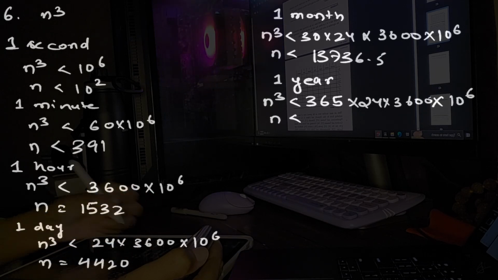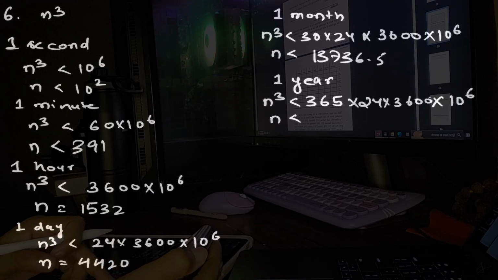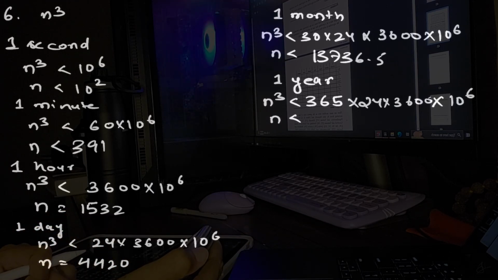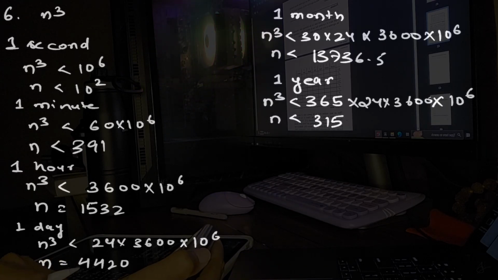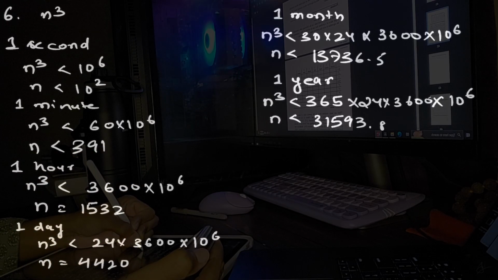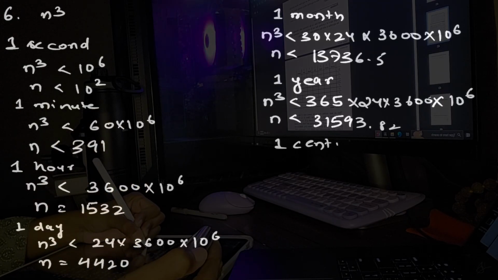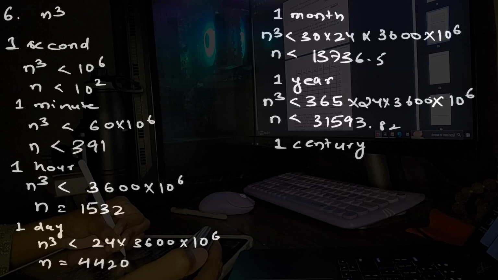So this would be 31593. Awesome. It is obviously 0.82 something, but yes, we are not considering decimals. In century,